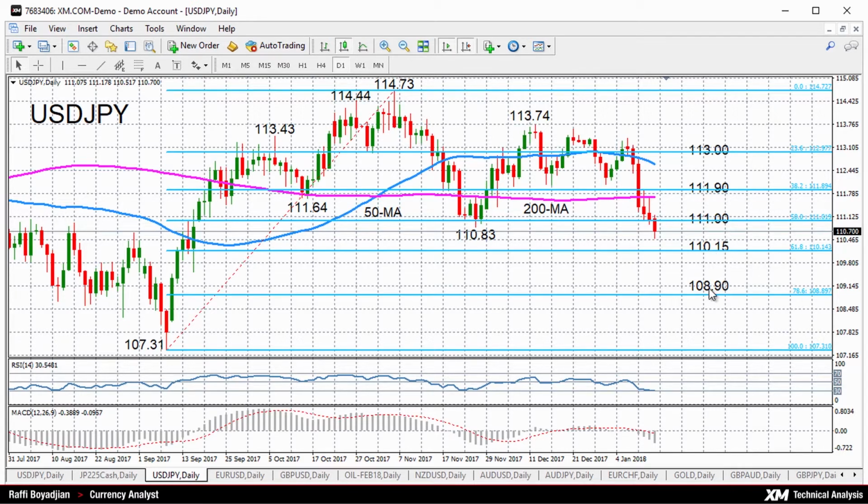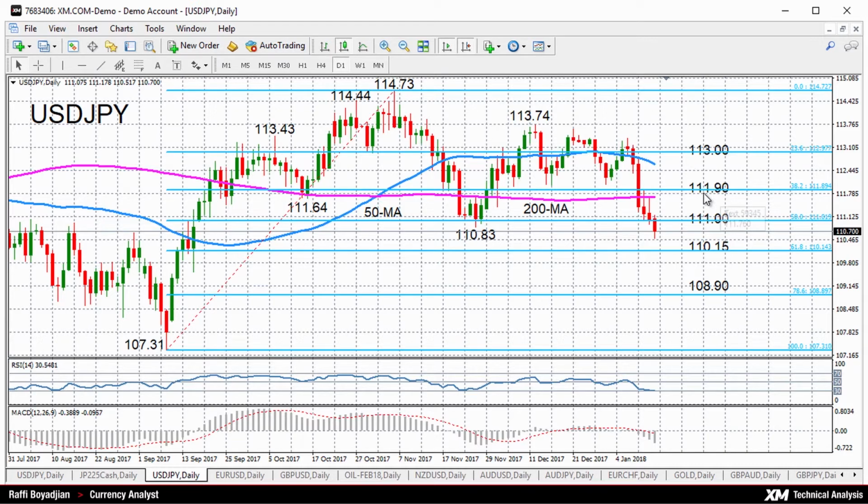and then a breach of that level would then take it to the 109 level, and just below that, 108.90, we have the 78.6% Fibonacci. Should the pair attempt to go higher though, resistance will likely come from the 111 level, that's the 50% Fibonacci. Then we have the 200-day moving average at 111.69, followed by the 38.2% Fibonacci at around